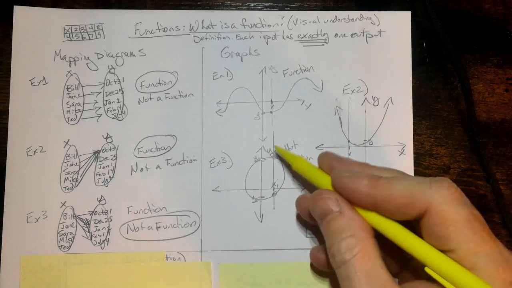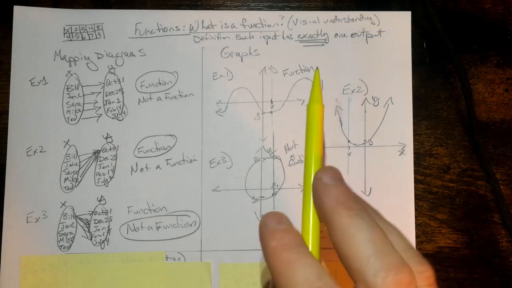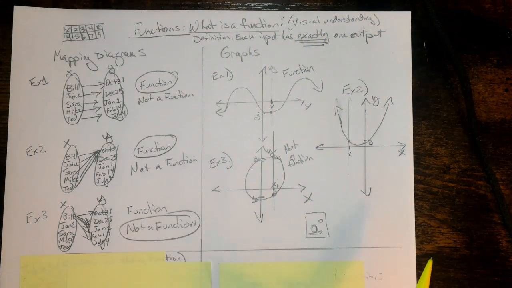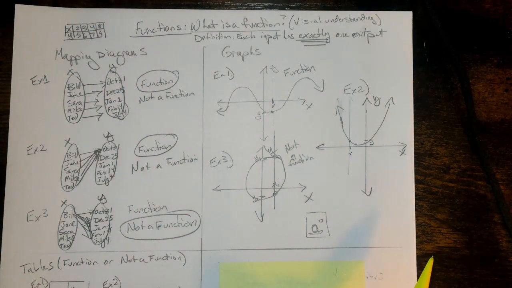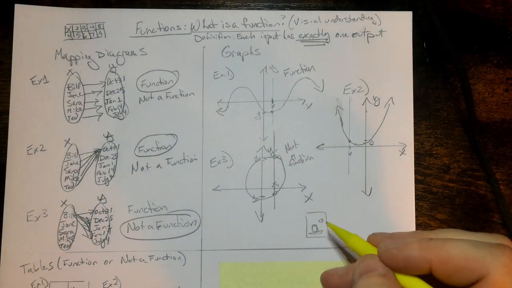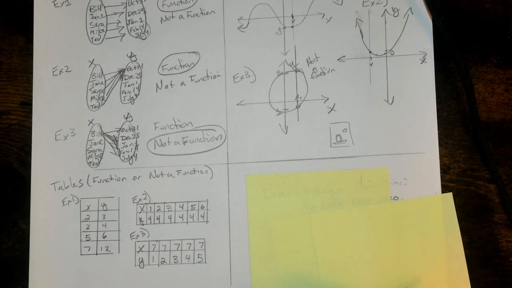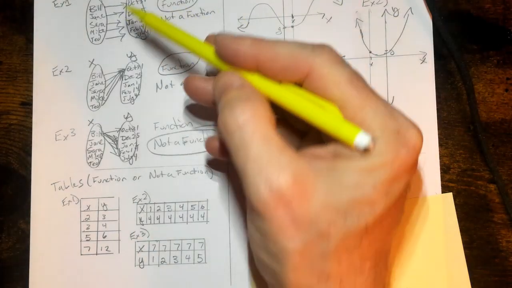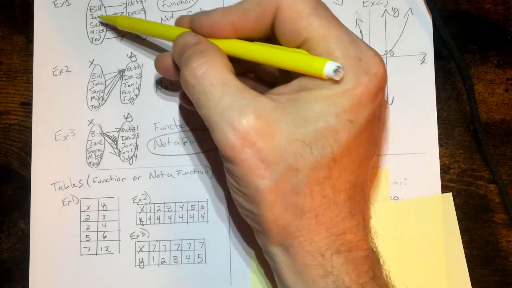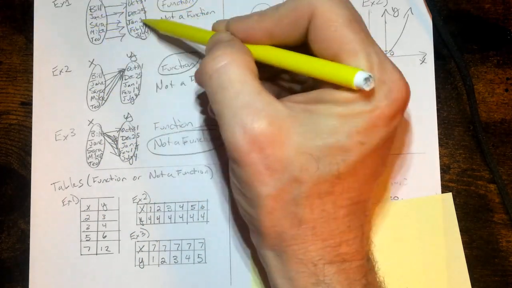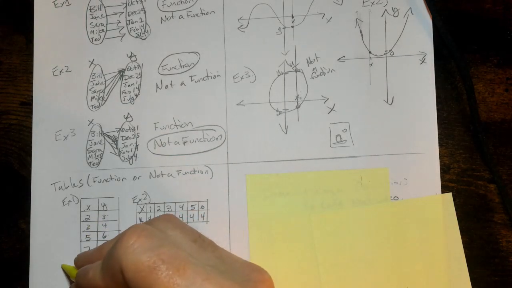It doesn't mean we can't write the equation of this. It just means it's not a function because a function is very specific to this definition. Each input has exactly one output, and we will look at it just a little bit further with tables. So how can you transfer this information to some tables? Well, we have these 3 tables down here, and if we go back to the mapping diagrams, we can think about it, as long as these are all going to something different. So 2 goes to 3, 3 goes to 4, 5 goes to 6, 7 goes to 12. So this is a function,